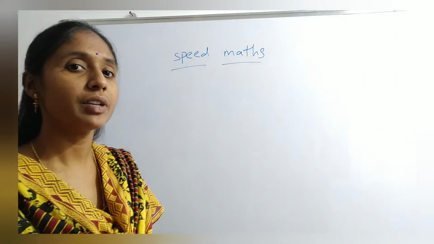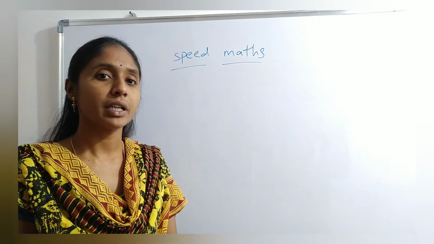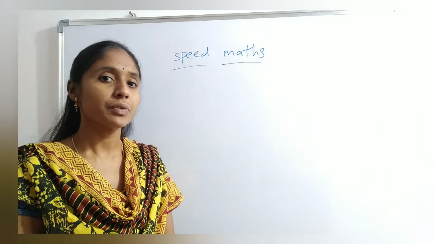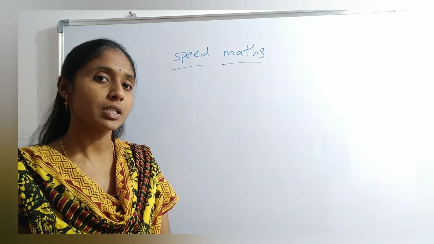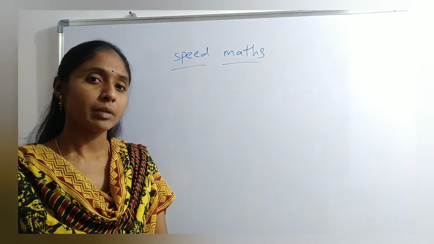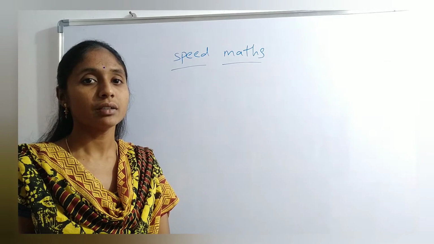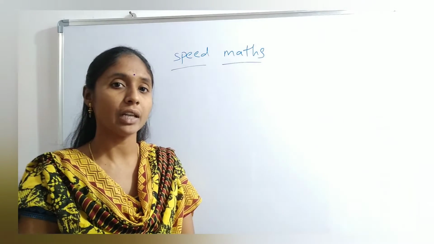Hello friends, I am here to explain quantitative aptitude. For any competitive exam, this chapter is very important. In solving arithmetic questions, speed maths is very important. So, in speed maths, we should learn and remember 30 square values and 20 to 25 cube values.